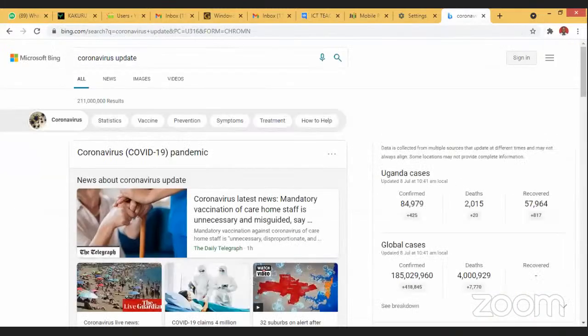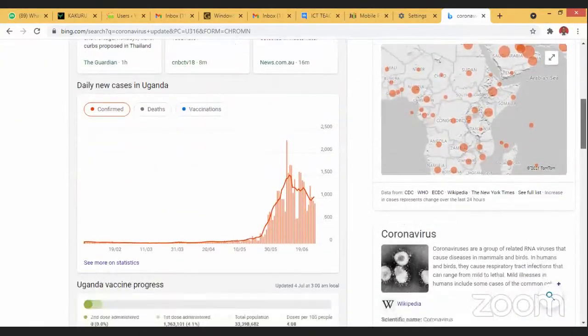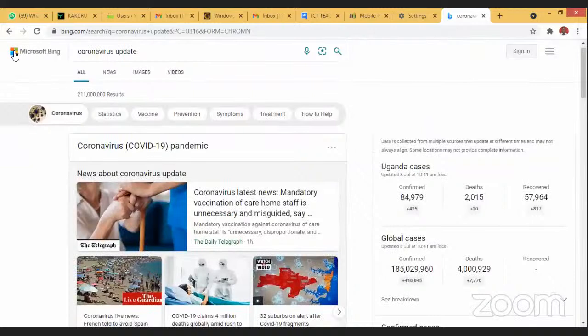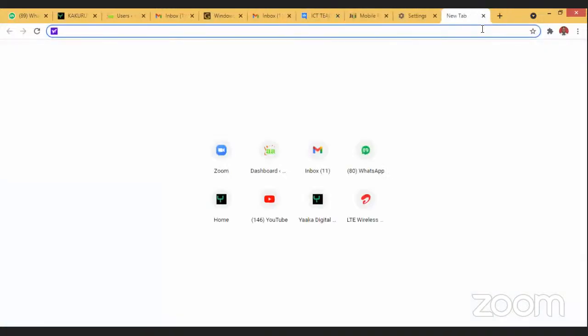This is how Bing displays its results. I'm sure you can see the difference. And here on top, it always shows you the search engine you are using. At times it is to the right. For example, let's choose Yahoo. And we search using Yahoo,